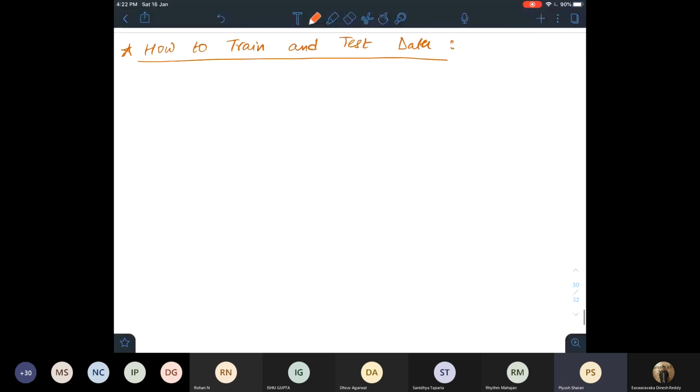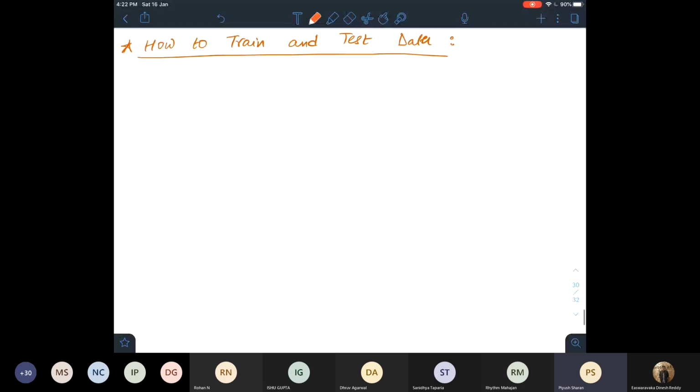All right. So again, I'll just say 2 or 3 lines on how we train and test data, so that you don't get confused when we show you the implementation. Everywhere you'll have some sort of data set, a large data set. Say it has 100 samples, or 100 points of x and y. X is again the features, and y is the output that we want. So initially the data set would be given to you with both these points.